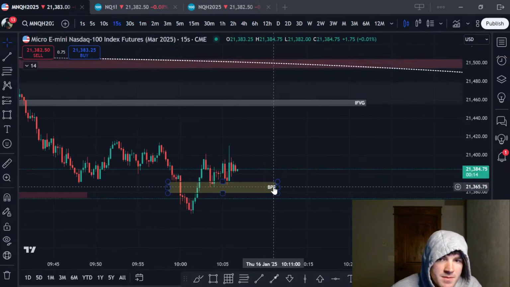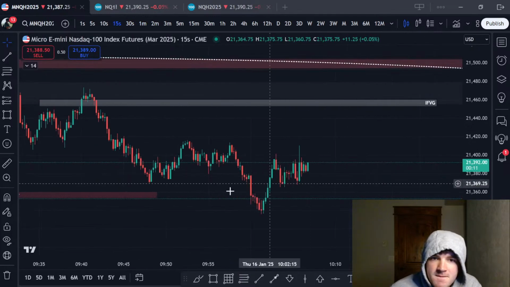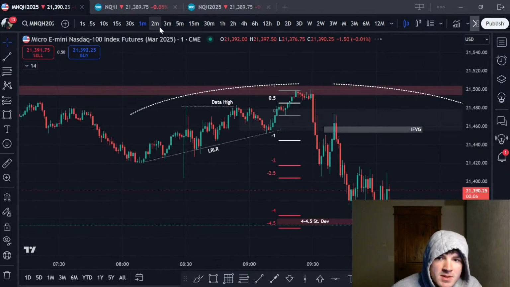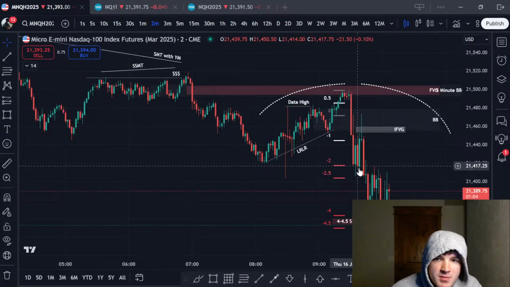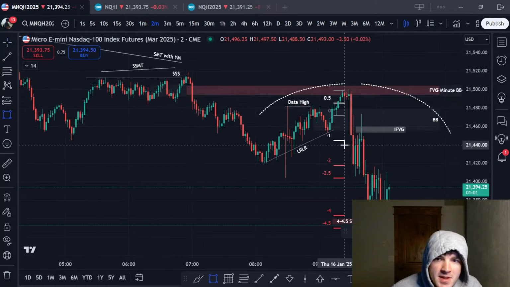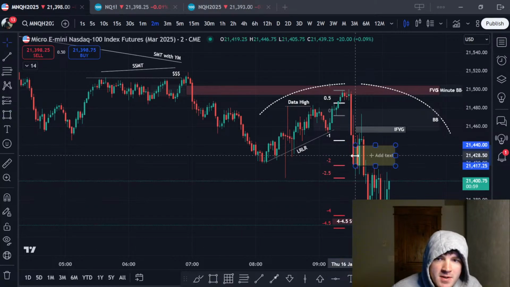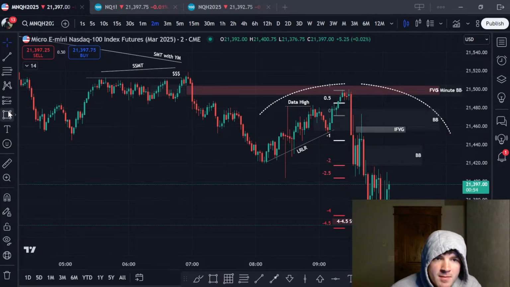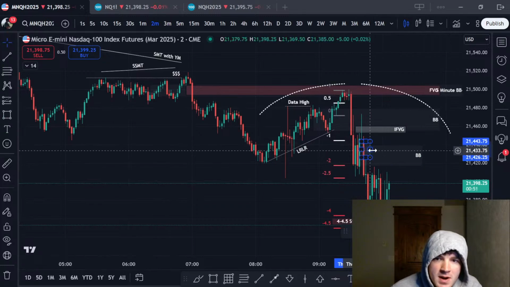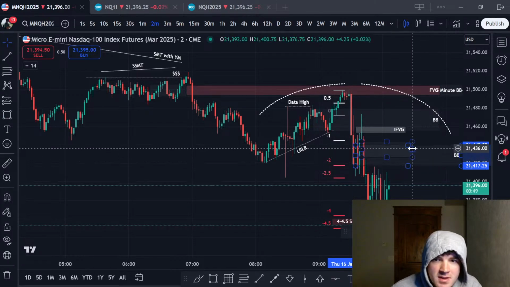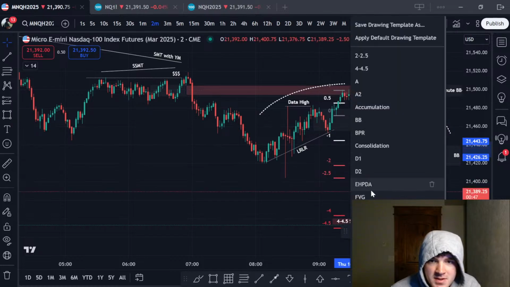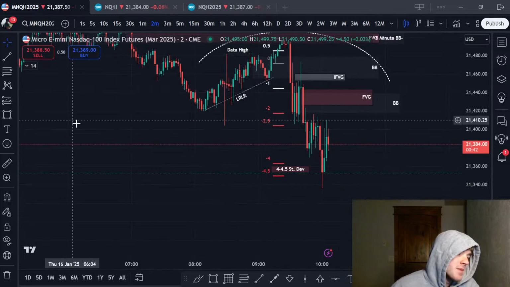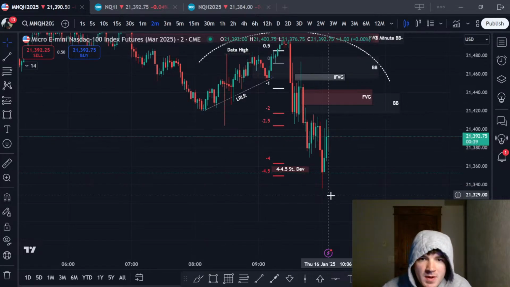So what I would be interested in though, possibly, is we got this breaker. So I might take this on a singular account where we have this breaker and we have this fair value gap. And if we got an inversion off of this or something like that, then I would definitely consider it because I still think the higher time frame is bearish. This would just be on a singular account. I'm basically done for the day, but yeah.